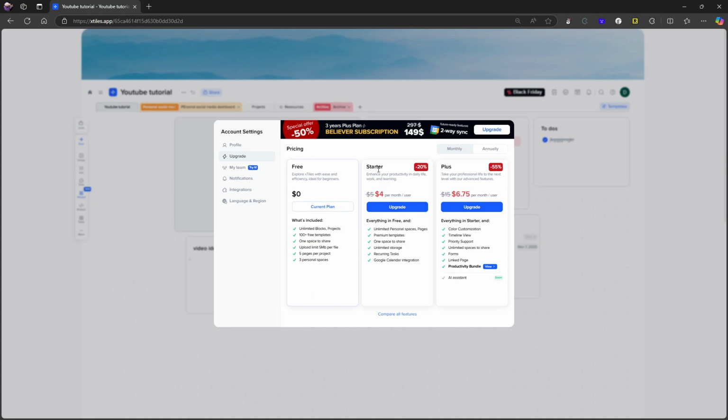But the starter plan gives you recurring tasks, a Google Calendar integration, one space to share, premium templates, and unlimited personal spaces and pages, which is something I know a lot of people like or would need. But I think most people could get away with this free plan. This will actually set you back $5 each month on the yearly plan, and it is not available on the monthly plan. On the monthly plan, you have to pay 15, which is a little expensive,